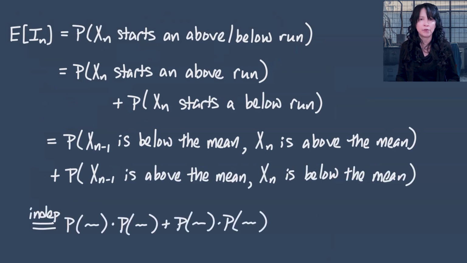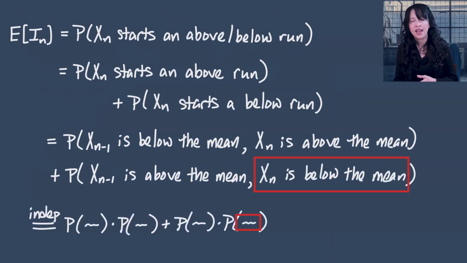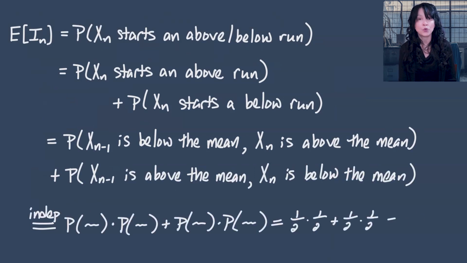This represents the probability of this times the probability of this plus the probability of this times the probability of this. And what is the probability that a uniform 0, 1 is above the mean or below the mean? We just said that that was 1/2. So plugging in all these 1/2s, we end up with 1/4 plus 1/4. We end up with 1/2 for the expected value of I sub n. So I looked at the nth value in our sample first because I thought maybe that would be a special case, but we're going to see it's not really. So let's try to